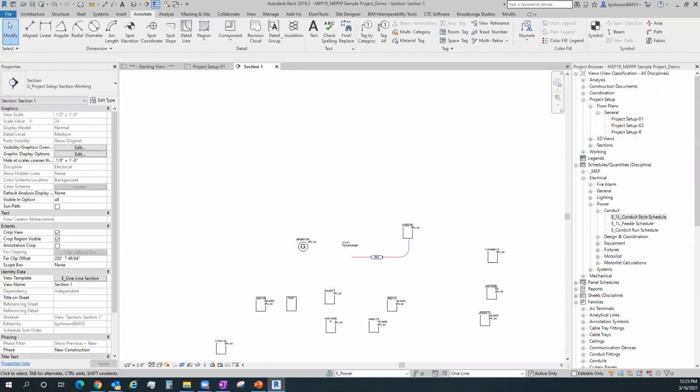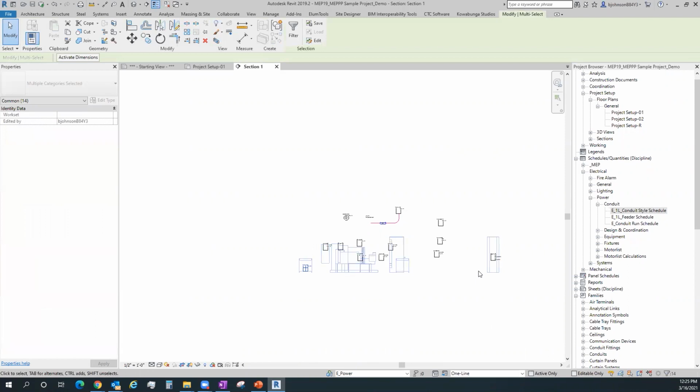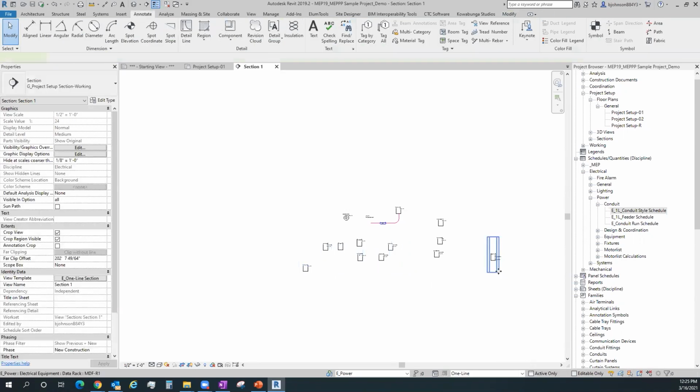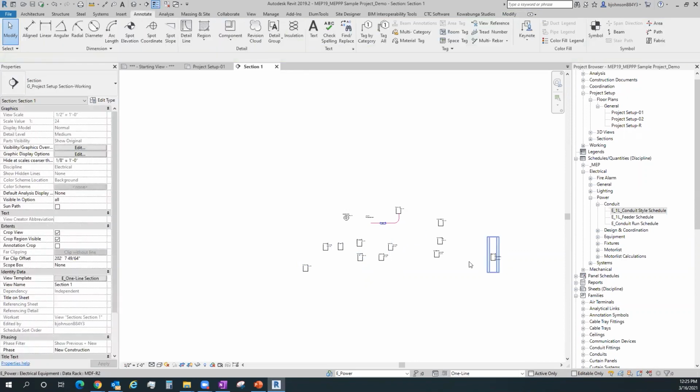So the next bullet point was OneLines are generated from real objects. Again, those objects are all still there, right? So if I were to go to active only and do a selection set down here, I should be able to see those real objects, right? They're still really there. They were really tagged as if they were the actual real object. So everything that's in our model has the ability to be representative of an object. So if I were to come into this object here, I've got it selected in the background because I turned active only off. And if I actually delete this data rack,